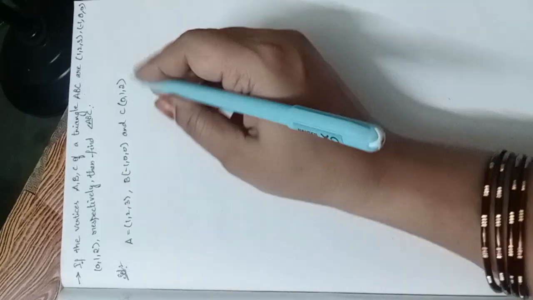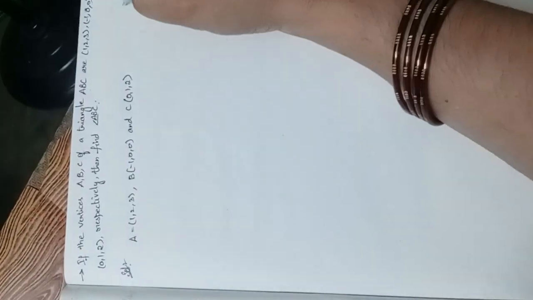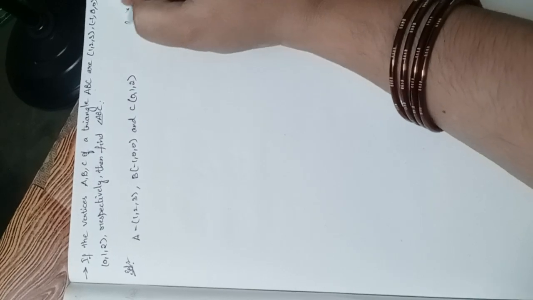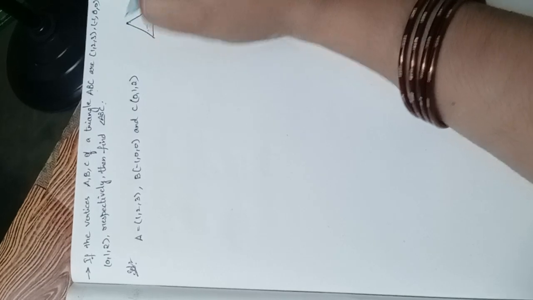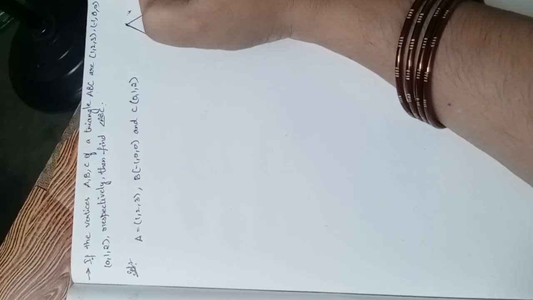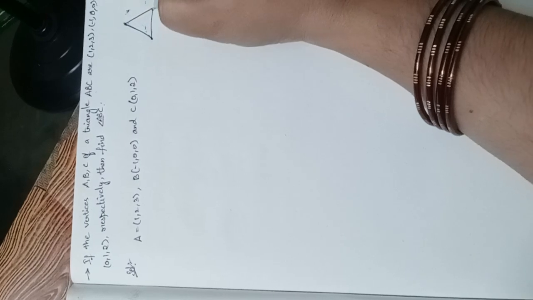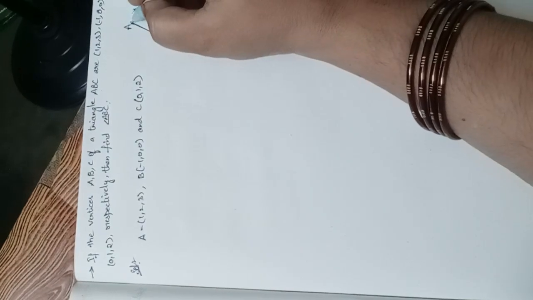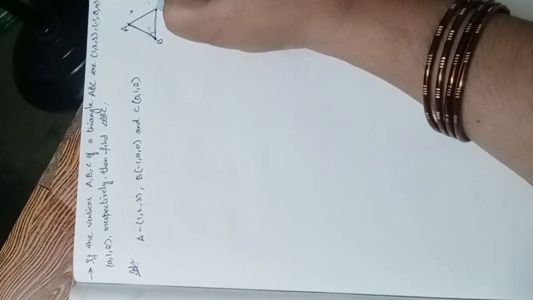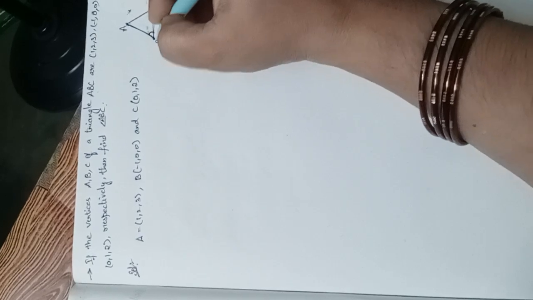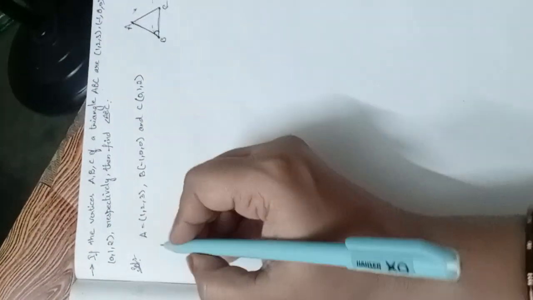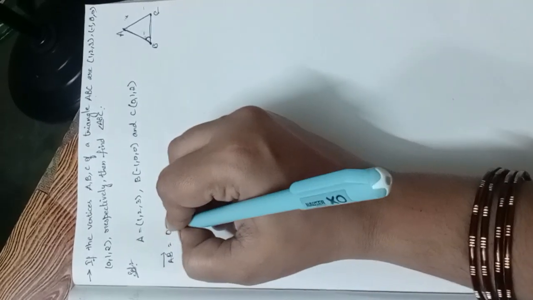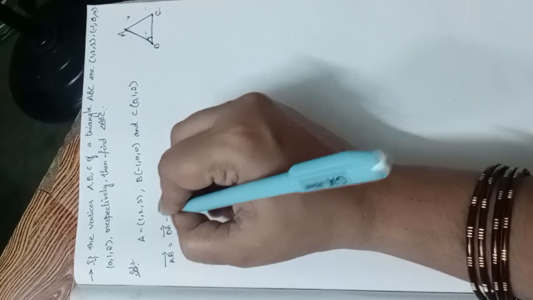Now we are given the points only. We have to find the sides of the triangle, AB, then BC, so that we can find the angle B. Coming to AB, vector AB equals OA minus OB, which is